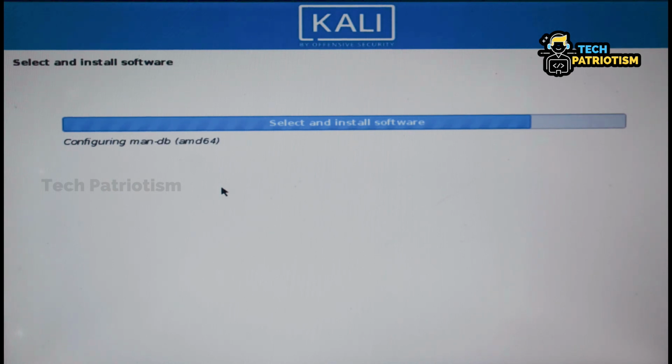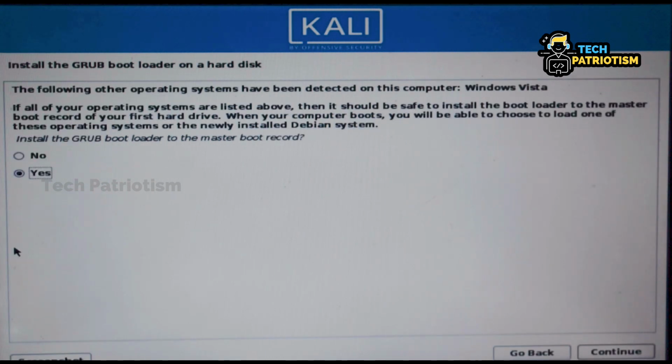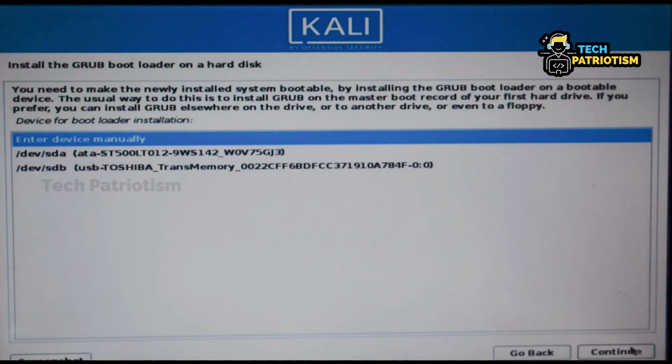And finally we come to the end. Yeah, the biggest thing is partitioning the disk. That is always a difficult thing. Here we install the grub bootloader. Installing the grub bootloader because we have a Windows machine and are installing Kali as a second OS. The grub bootloader lets you choose which OS you want. So you have to install the grub bootloader. Yeah, here you have to click yes and click continue because if you click no, Kali Linux becomes the main OS and your Windows will be corrupted.